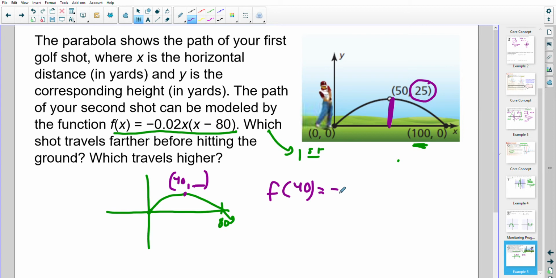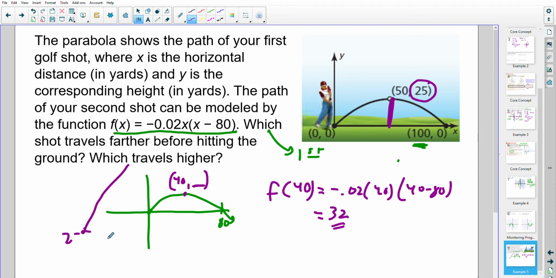So I'm going to put 40 into this equation and figure out what that equals. So I'll just grab my calculator, negative 0.02 times 40 times a negative 40. And that shows me that this is equal to 32. 32 compared to 25,